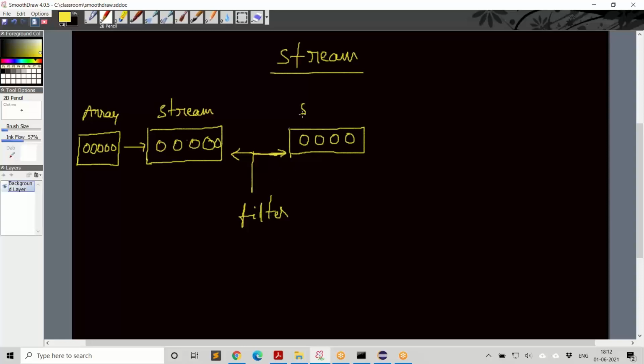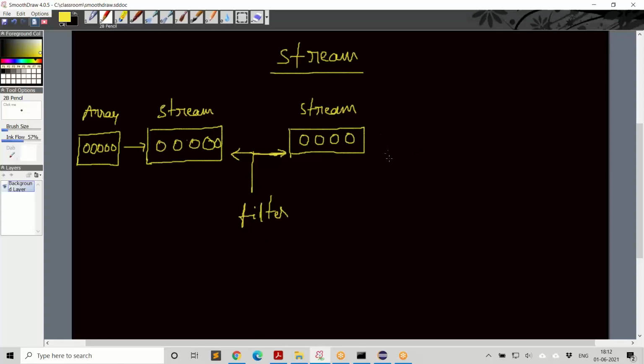So it is possible that you select only a few objects using filter. This is another stream. So you are creating a new stream from an existing stream. And that new stream is containing only a few objects that are available in the original stream, because it's about filtering, selecting only a few.